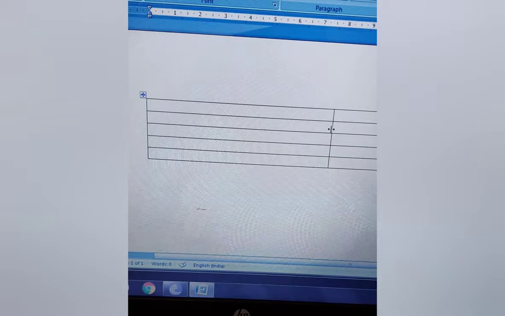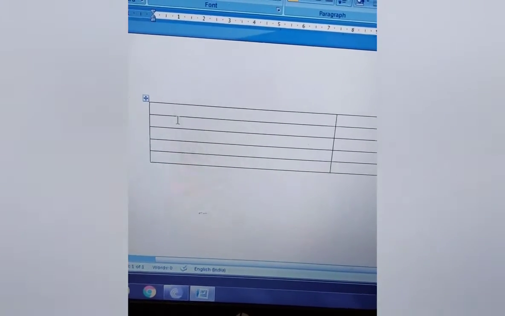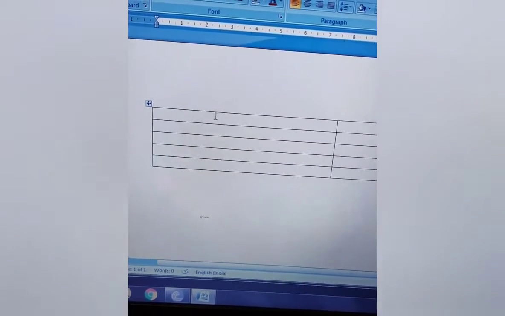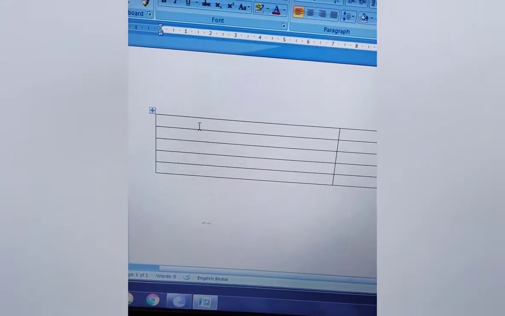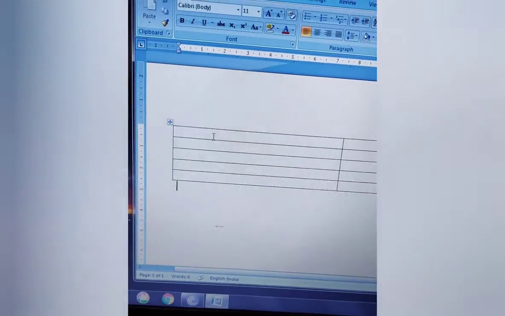Now what can we do to increase the row height? So this is the row, this is one row. We can increase the height of it. This is just of this much height, the first row, and each and every row is of the same height. Suppose I want to increase the height of the first row.